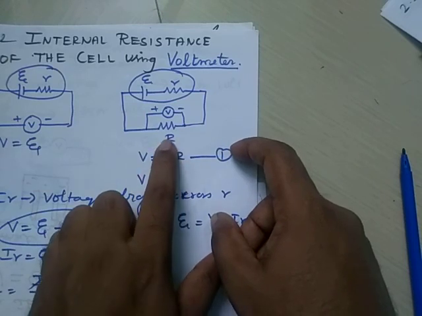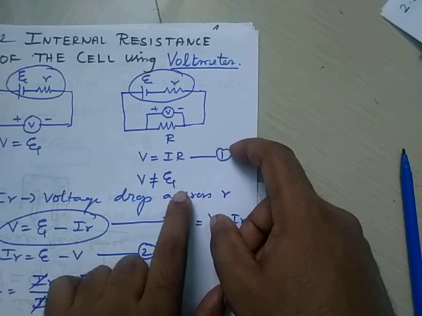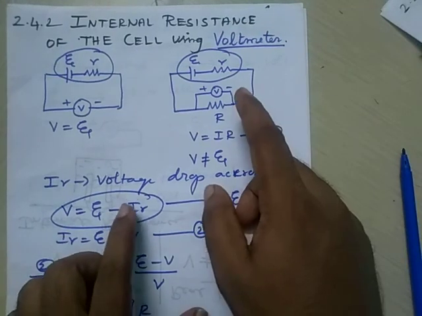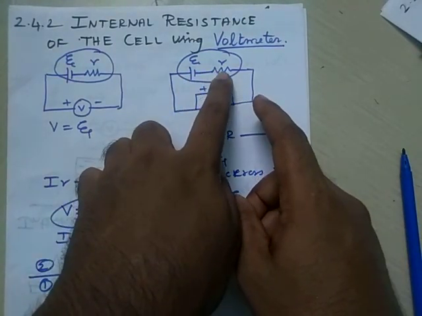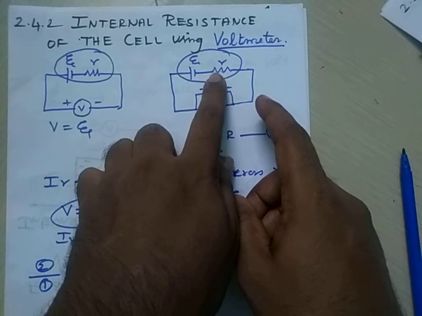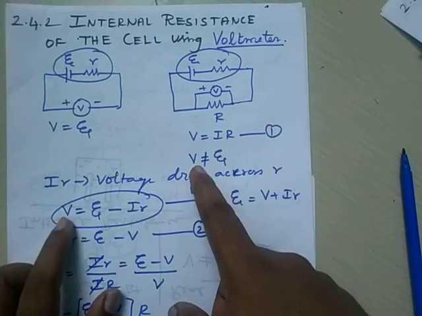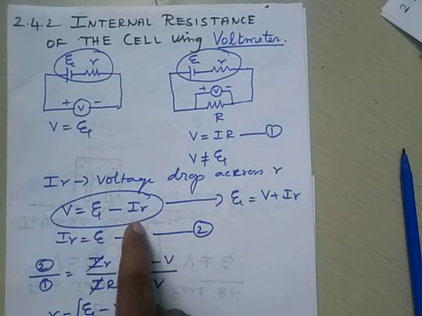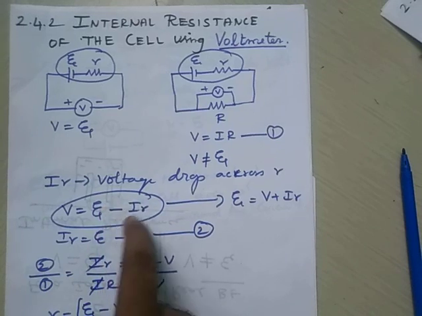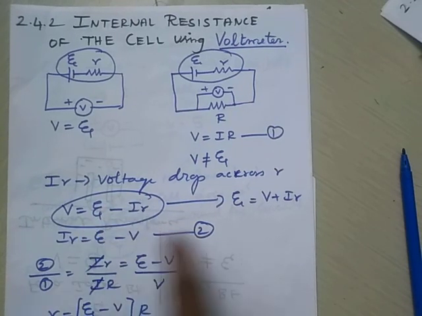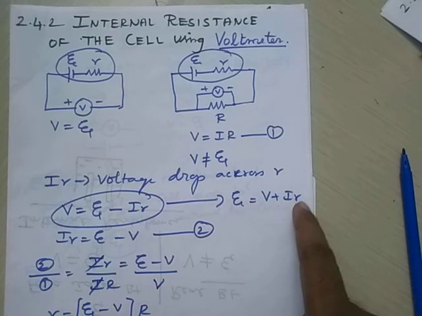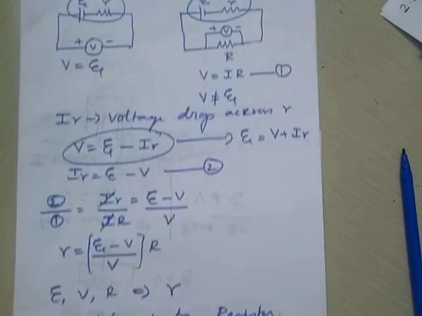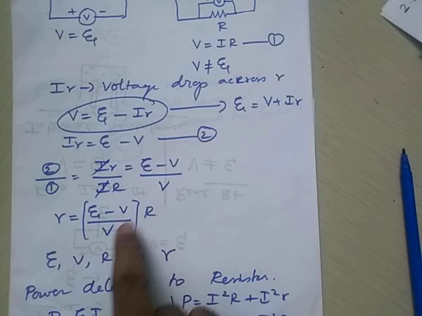The potential drop across the cell is not equal to the EMF of the cell because there is one more resistance, known as internal resistance. Some voltage drops across that resistance, and that voltage is Ir. Then we can write the voltage drop across R as psi minus Ir. We are subtracting some voltage from the EMF. We can rewrite it as psi is equal to V plus Ir. Rearranging it, we get r is equal to (psi minus V) by V into capital R. Using this relation, we can find the internal resistance of the cell.